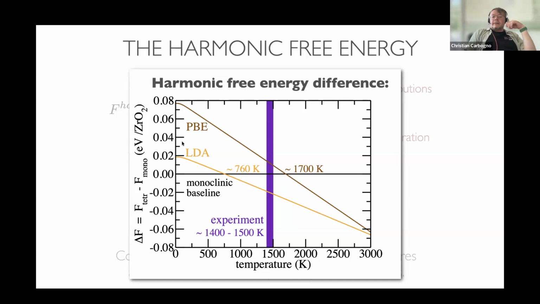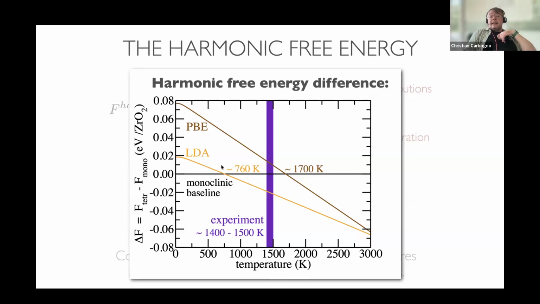What you see is that both functionals actually predict that the monoclinic one is stable at 0K. And you see, if you even would prolong that and ignore something like zero-point frequency, this would not be affected in this case. In some crystals, especially in organic crystals, where these zero-point energies are much more prominent, this could even change the stability at 0K. This is not the case here. What we see, however, is that if we go up in temperature, the tetragonal structure becomes more stable.